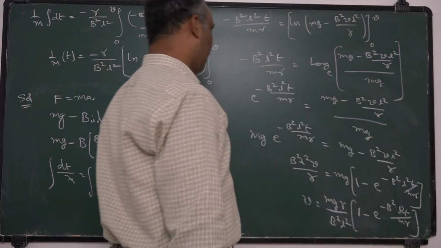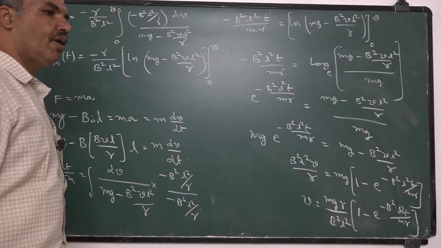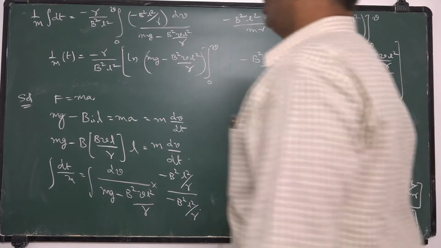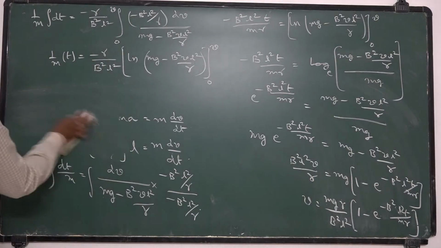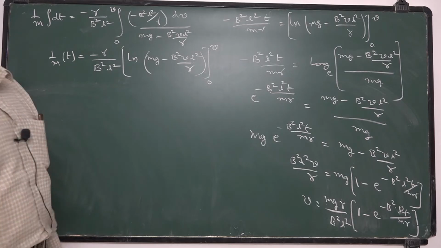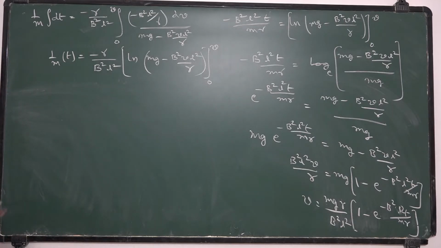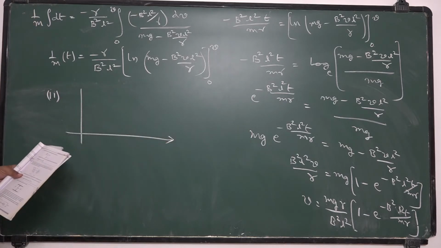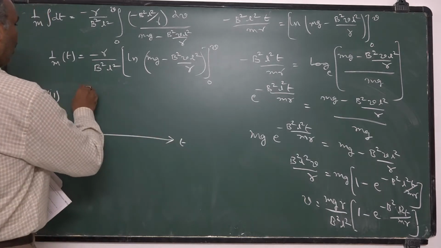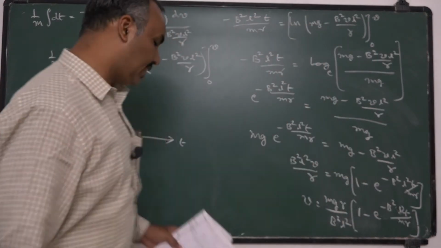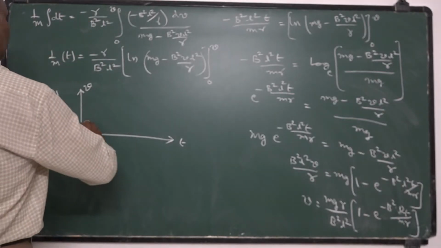This is the solution for the first part of the problem, and also you are given one more part. Is that side length sufficient to make the body move with constant velocity? That is the second part. In order to answer the second part, we should draw a graph between time and velocity. Here velocity is a clear function of time, it's an exponential function. It's an exponentially increasing graph. So the graph will come like this.